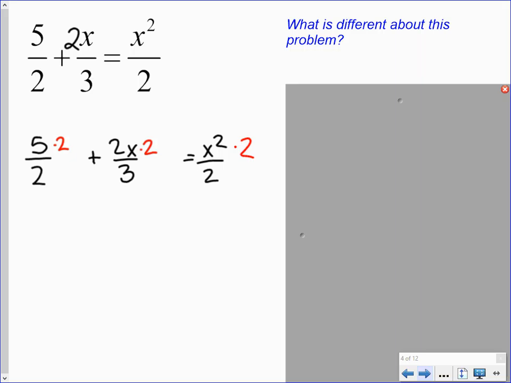Now, does that make my denominator of 2 cancel out? Yeah. 2 over 2 goes away. And on the other side, 2 over 2 goes away. Does 3 go away? No. So I go back into what I'm looking at and I say, what would I have to multiply that middle fraction by to make the 3 disappear? 3. You just have to multiply by that factor that's in the denominator. So let's multiply everything by 3,